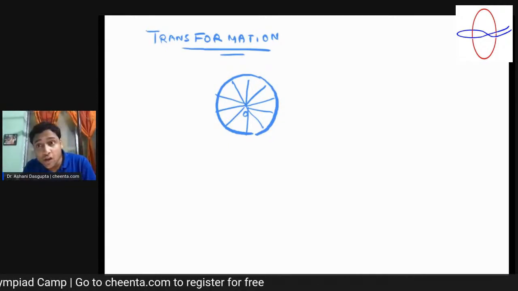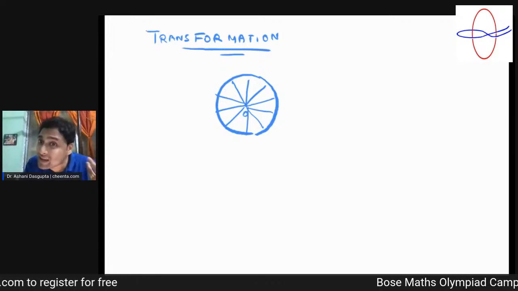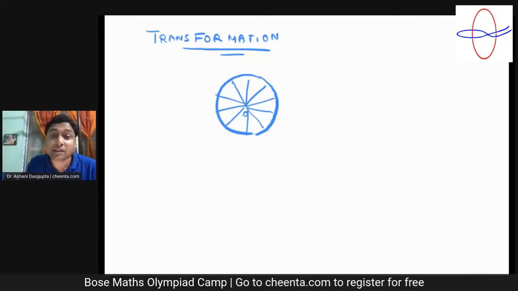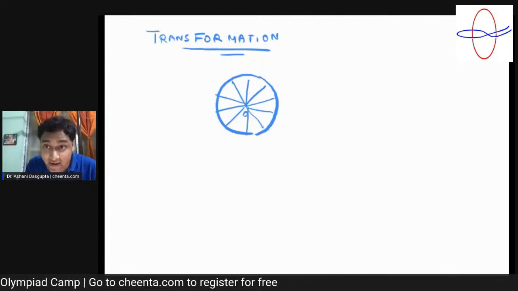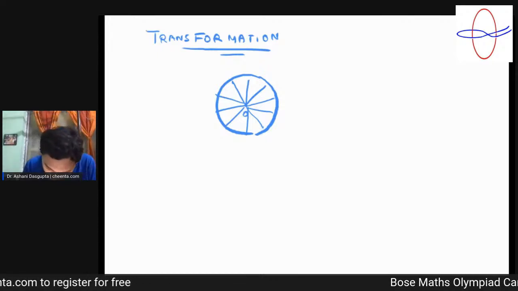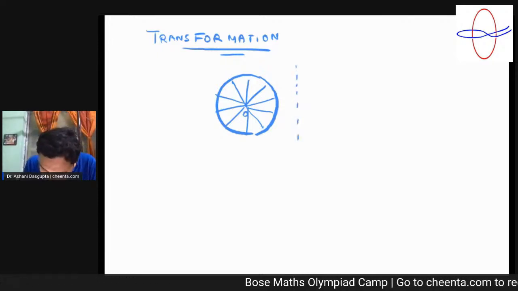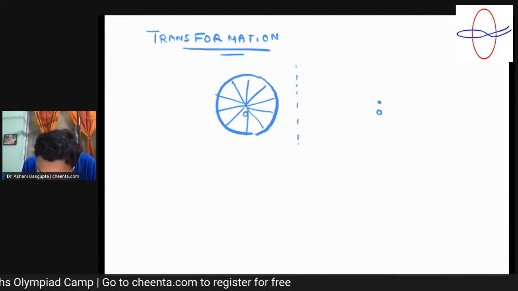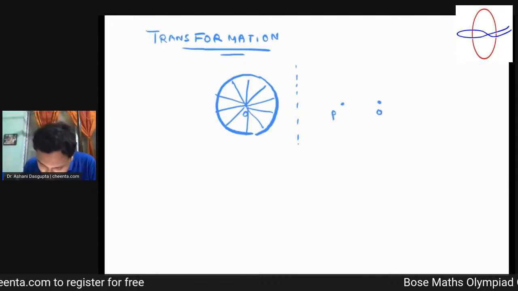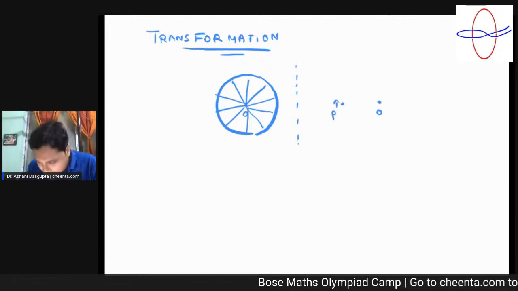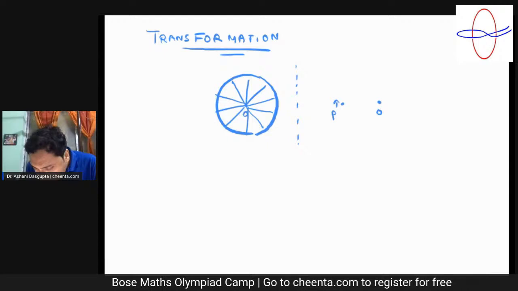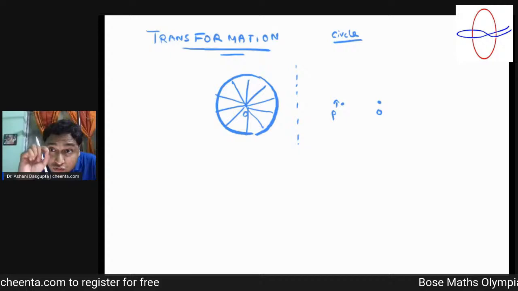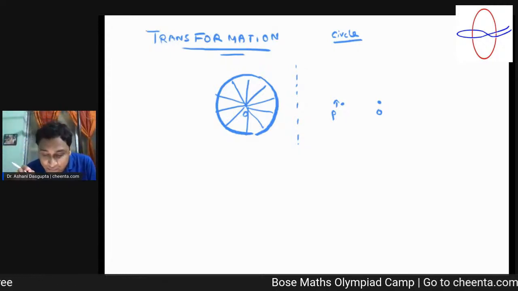But in transformation geometry, you will think about a circle in a completely different way. You will get the same end result, but you will think about it differently, and that matters. So how will you think about it? You will say, let's take O to be a fixed point, and let's think about P as a moving point, and the circle is the path traced out by this moving point